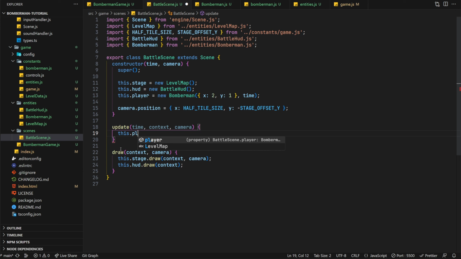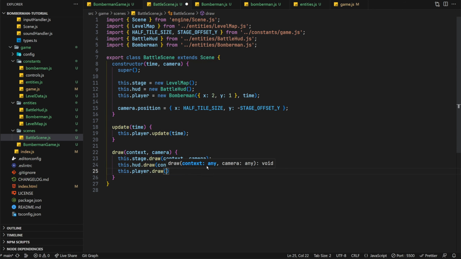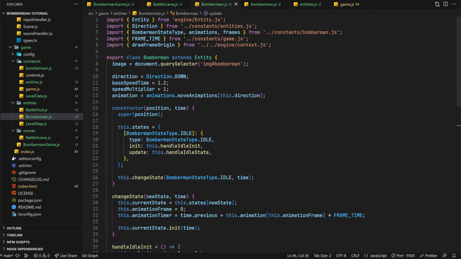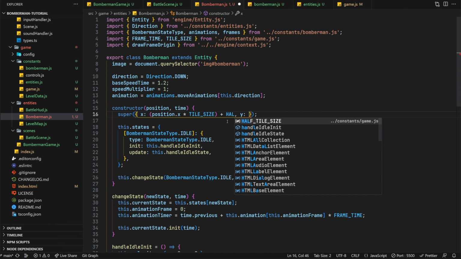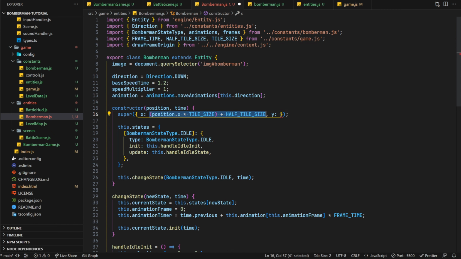We can also add this entity's update and draw function calls to the class's versions of these functions too, passing on the necessary dependencies. Before we can test this however, as these X and Y values are tilemap coordinates, we'll need to convert them into actual pixel values first. So in the Bomberman class, we'll replace the position argument in the supercall with the required calculation. Here we're simply multiplying the row and column values with the tile size constant value, and then adding the extra half tile size value to it